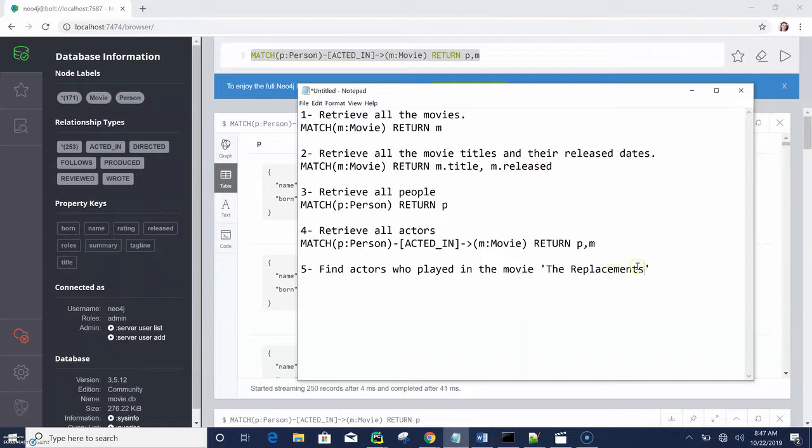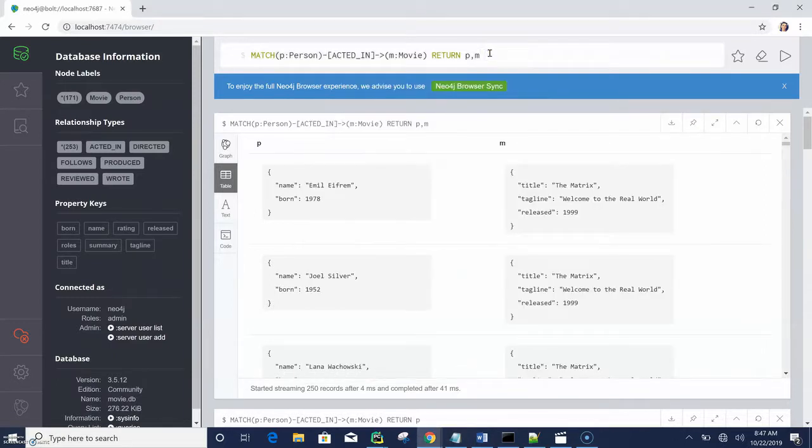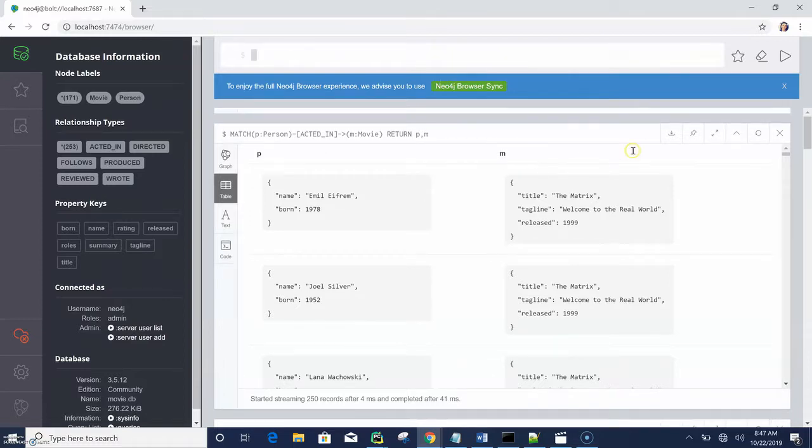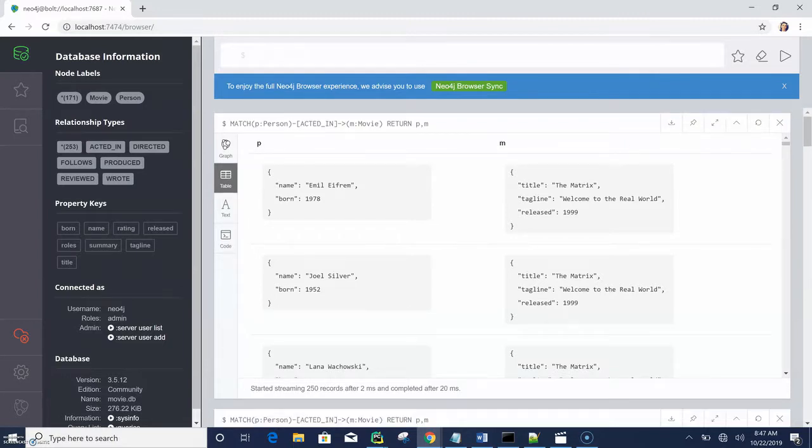So let's try to answer this use case. It will be similar to this, but in addition to the query that we had just now, we can add here, oops, sorry. If you click enter, it just runs. So anyway, where